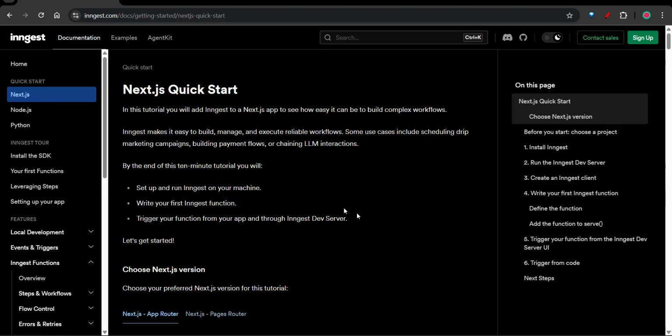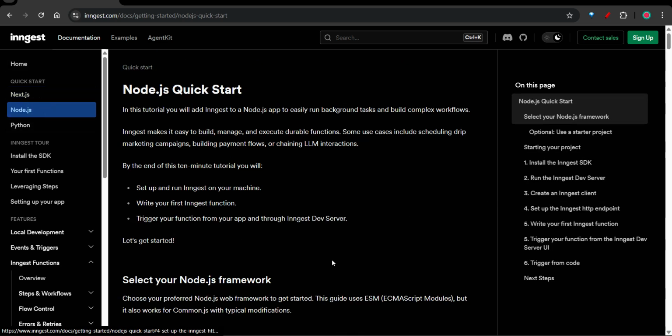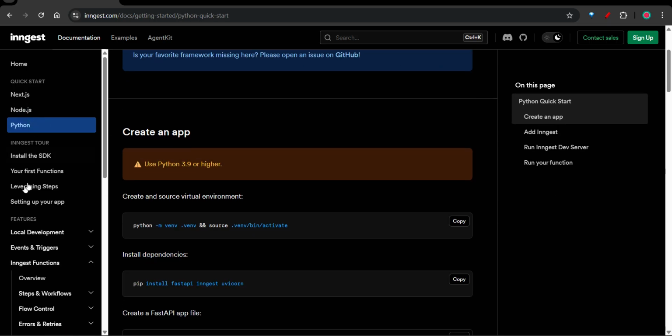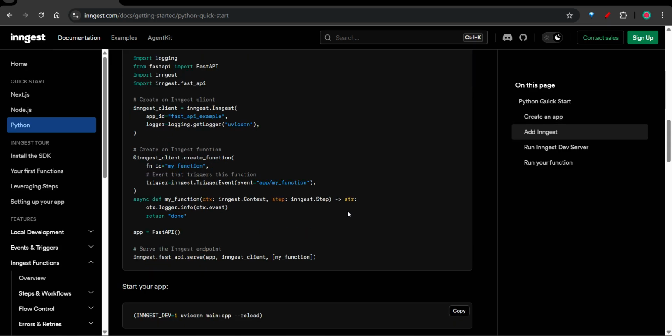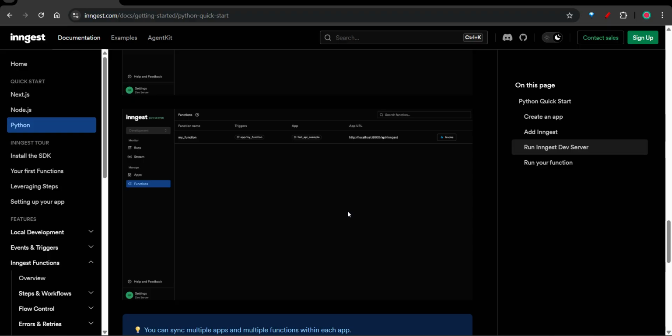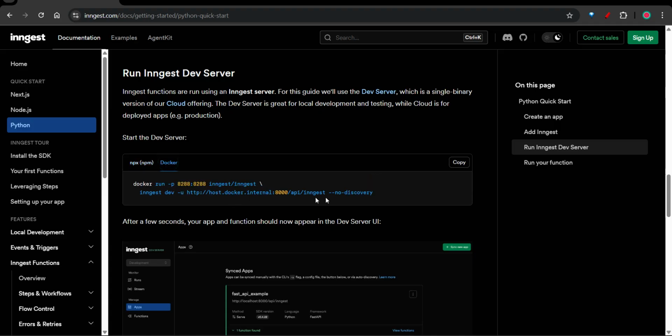So if you see, Inngest supports these types of platforms. In the next years, we have Express, Fastify, with FastAPI with Python, and Django. And this is the command for running Inngest locally using npm, npx, or Docker